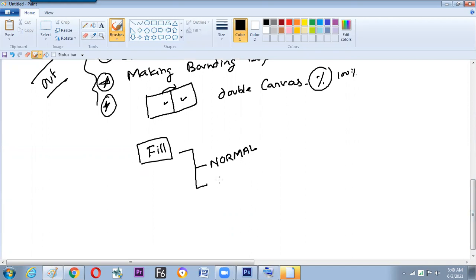We can switch to the difference, which in the last class we have seen gives the opposite color. Condition, we need to fill the white. Then immediately it will fill white here in normal.